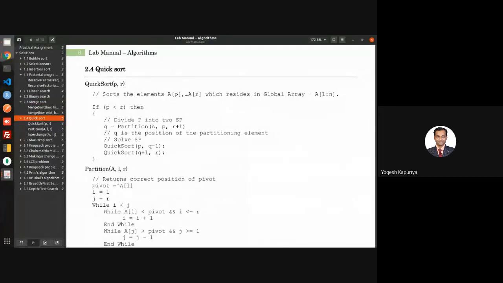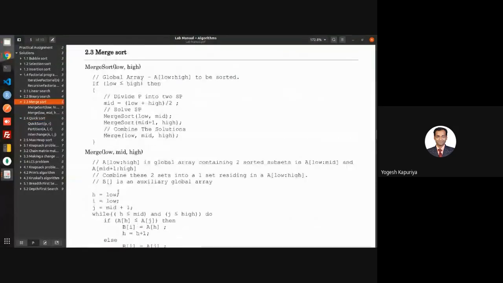In quick sort, even though the approach is divide and conquer, here the partition is more smarter than what we have done in merge sort. And due to that only, you don't require the third step, which is required in the merge sort. So that is this one. So you don't require this actually.